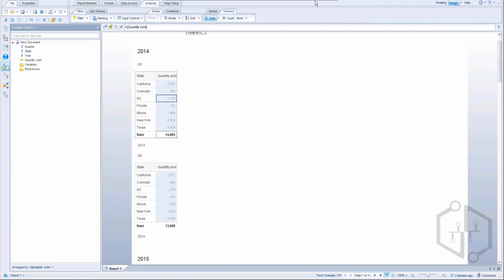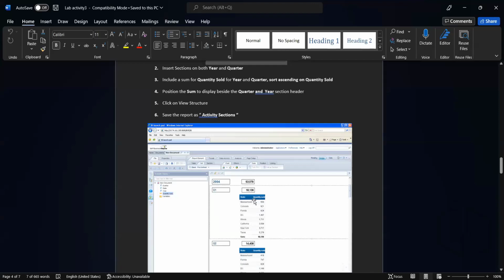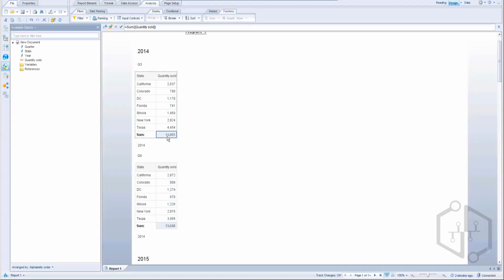So this is visible here. Along with this, the sum is also applied at the quarter level and the year level. So let's try to do that. This is the formula, sum of quantity. So if you put this formula in this